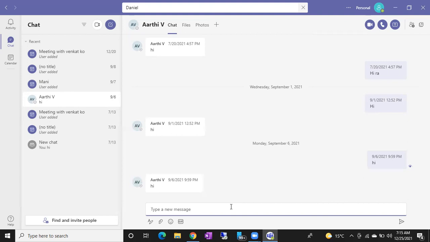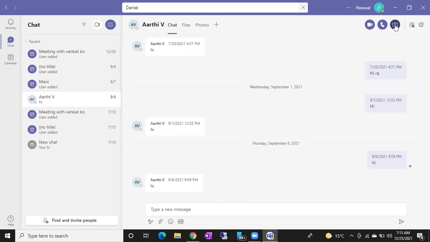Earlier we had Skype, then Skype was replaced with this Teams application. Most organizations use Teams as a communicator tool. To communicate with other employees, we are going to use Teams. To call a person, you can use this audio call option. If I want to share the screen, this is the share screen option. You have to click on the share screen option.